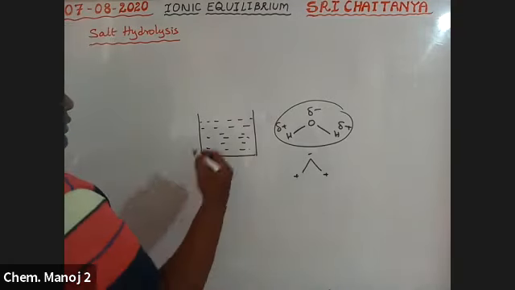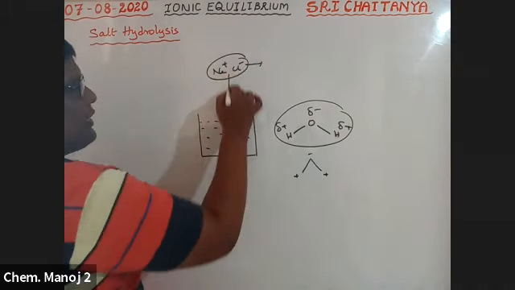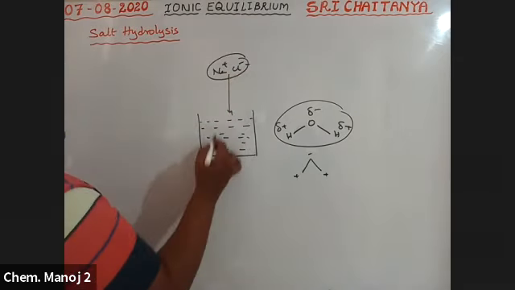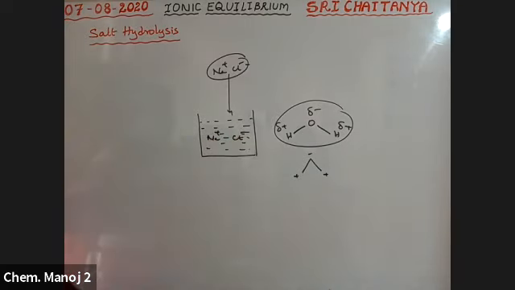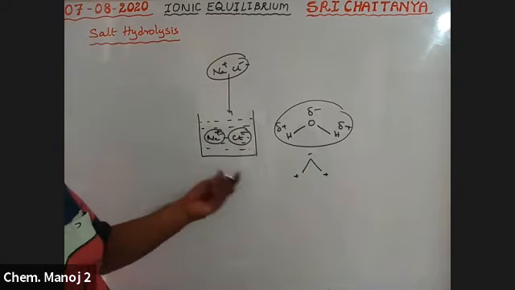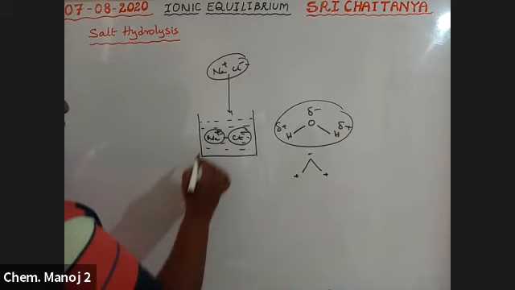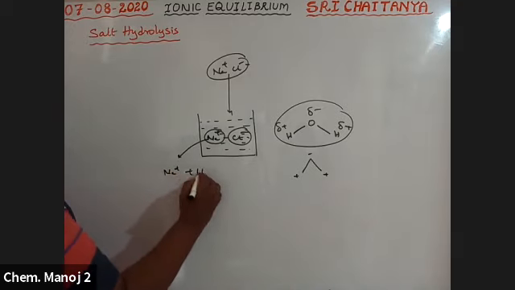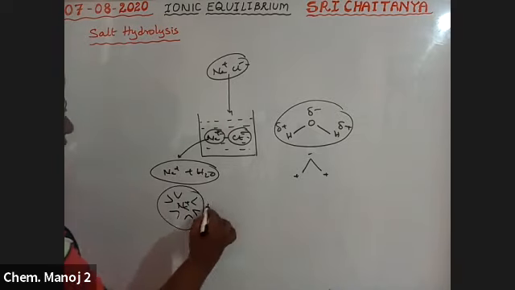Now I am taking a salt. Let us take Na plus and Cl minus. It is a salt, that is NaCl. It is dissolved in water, my dear boys. So automatically this NaCl breaks down into respective ions, Na plus ions and Cl minus ions. Now the ions have entered into the solution, into the water. These ions may interact with water, either physically or chemically. That means the Na plus ion may react with water, that is a chemical reaction, or the Na plus ion is surrounded with water molecules. This is called a physical interaction.